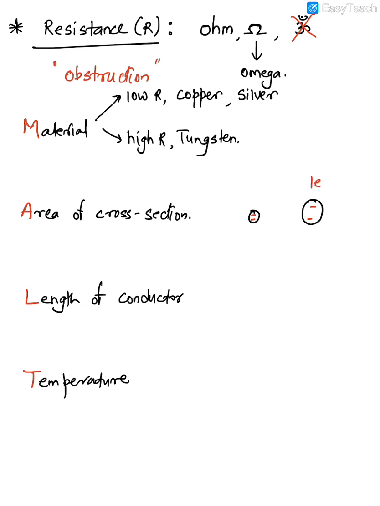Here there will be lesser resistance. Simply why? Because they have more space to go. So remember, area of cross section is inversely proportional to the resistance. So more the area of cross section, less is the resistance. Okay. Then length of a conductor. This is very obvious, directly proportional to the resistance. Because if the length is more, electrons will travel more distance, they will go through more collisions.